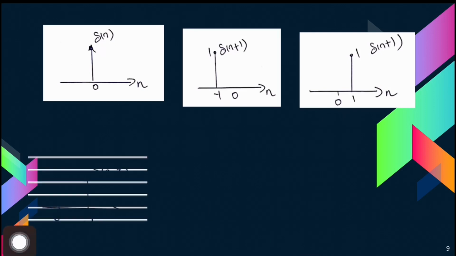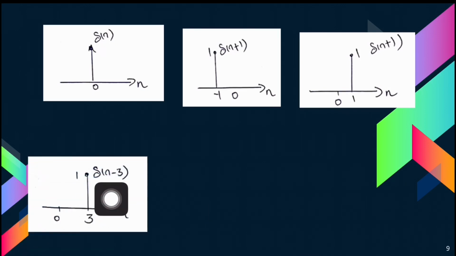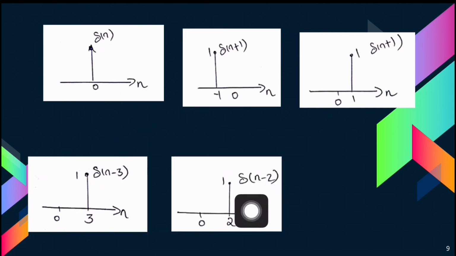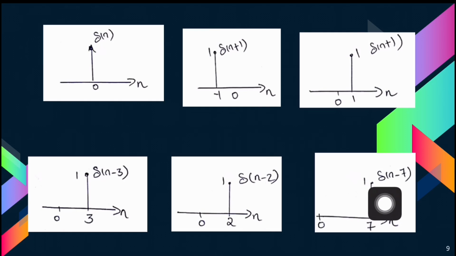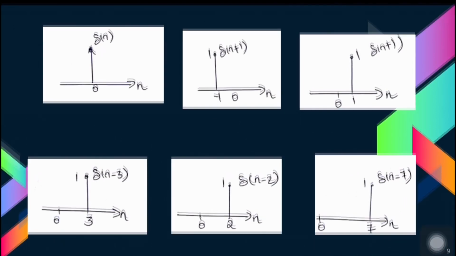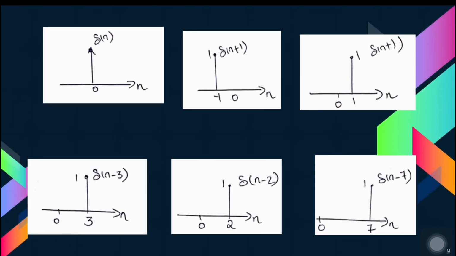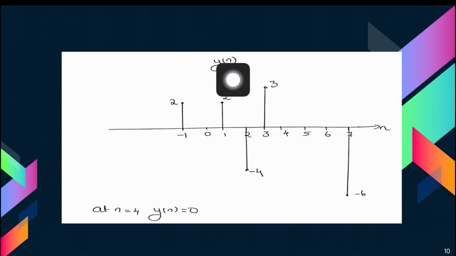And this is our del of n minus 3, which is obtained by shifting del of n to right by 3 units. And this is our del of n minus 2, which is obtained by shifting del of n to right by 2 units. And finally del of n minus 7, which can be obtained by shifting del of n to right by 7 units. Using this, we get the waveform of y of n like this, which is having non-zero value only at